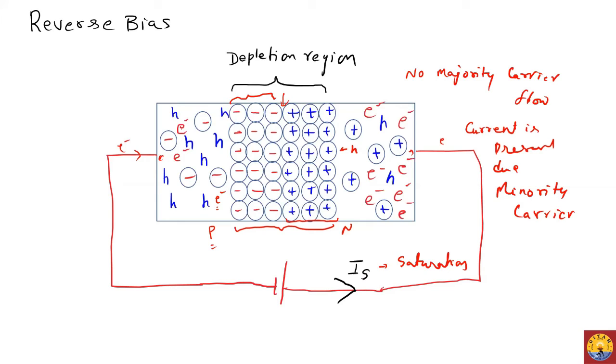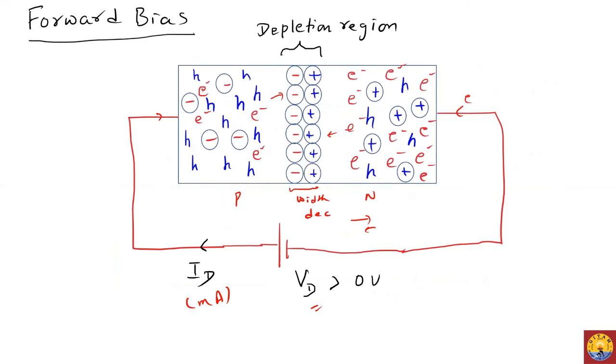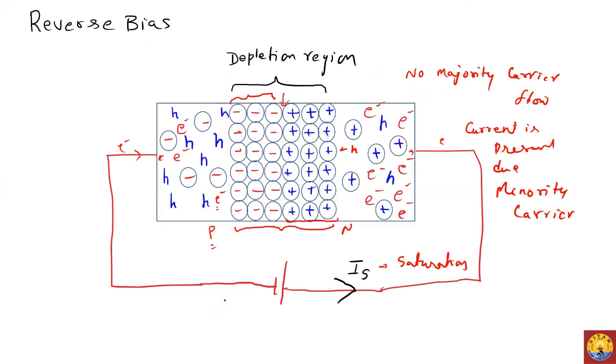Whereas in case of forward bias, current exists because of majority carriers and minority carriers. But since minority carrier current is very minor because it's in microamperes, that doesn't count much. And the majority carrier current gives a current in milliamperes. So here we have current Is, it's basically in microamperes. So these few points you have to remember. So a simple question can be asked in the exam: draw a PN junction diode and discuss how the depletion region is formed, and you have to discuss how the current is forming.